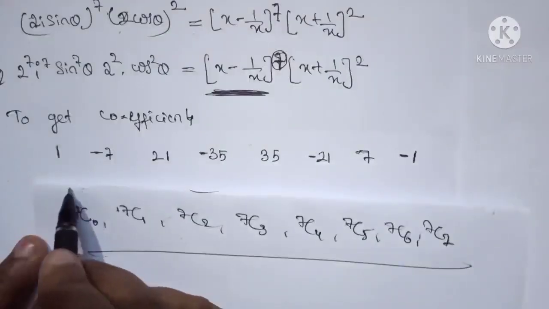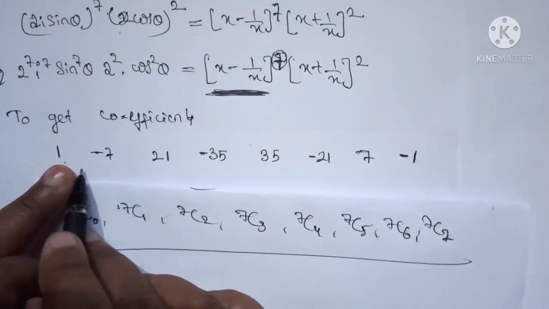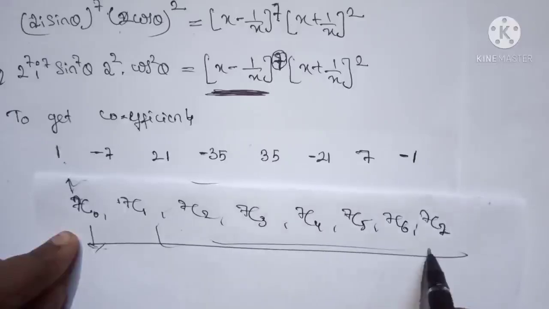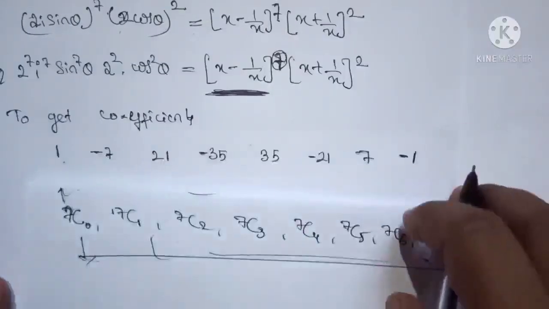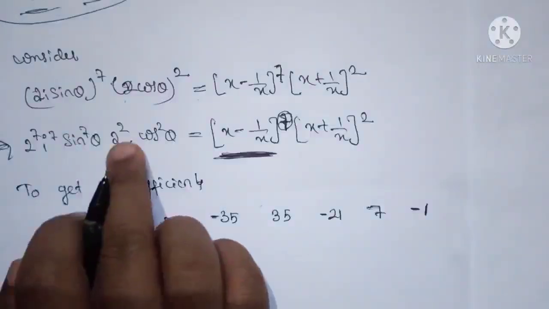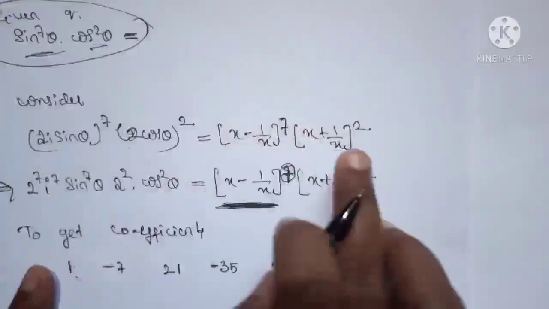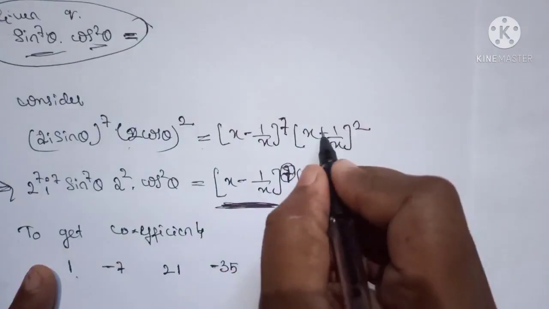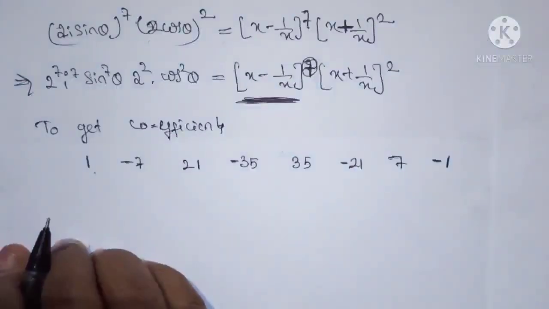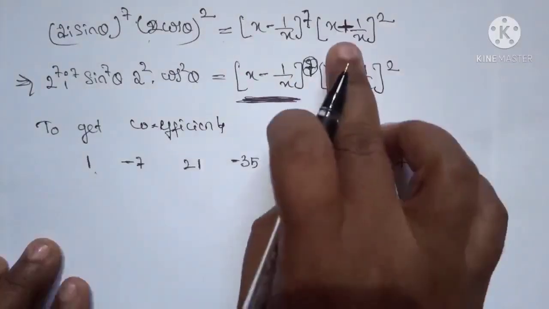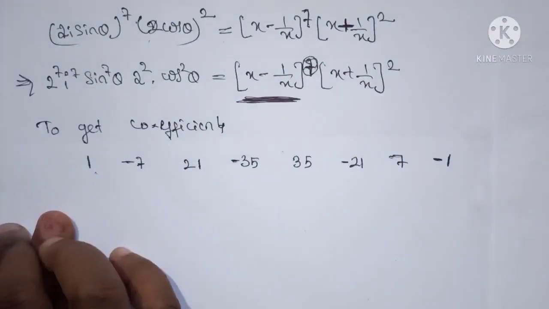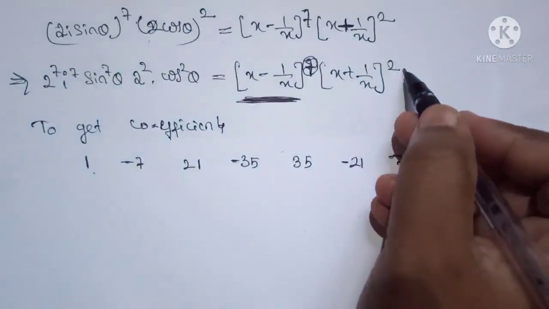Then you can place these constants. Here I have written them directly from Pascal's triangle, or else you can calculate with the formula and then write the constants. Now, because the cos power is 2, that means the second bracket has power 2 and its sign is plus, so we should add the corresponding constant with the previous one. If it is minus, we should subtract the corresponding constant from the previous one. And we repeat the step twice.